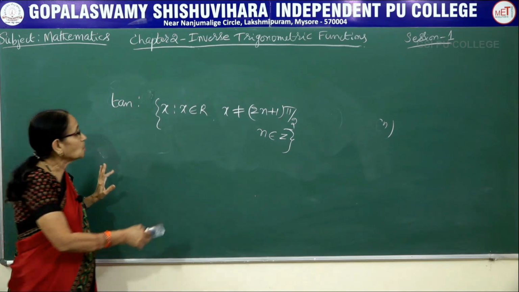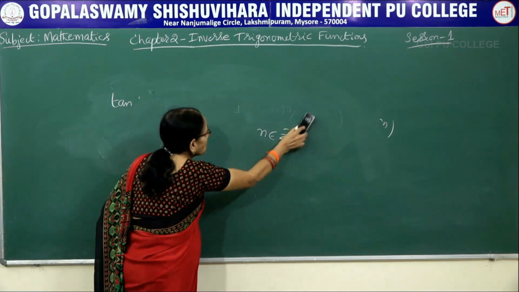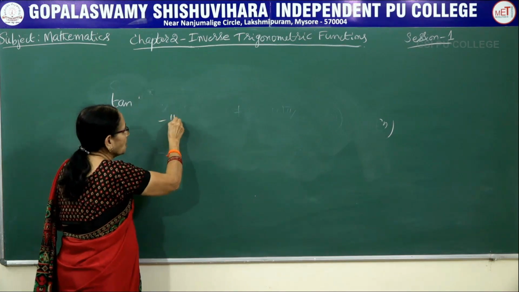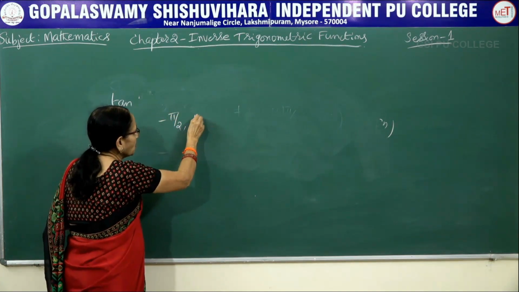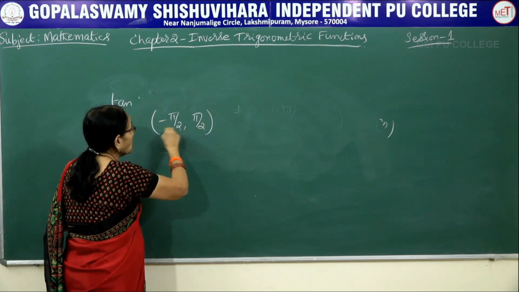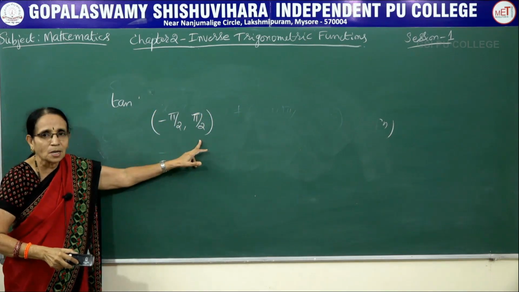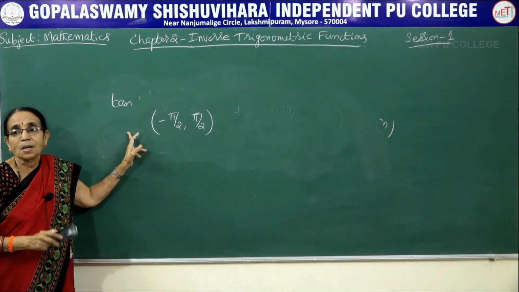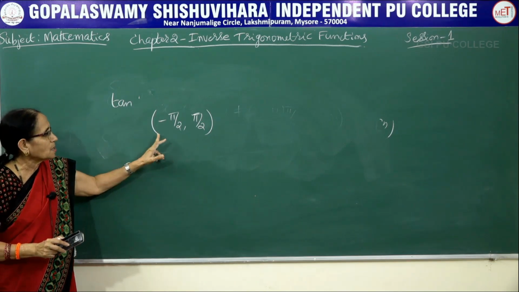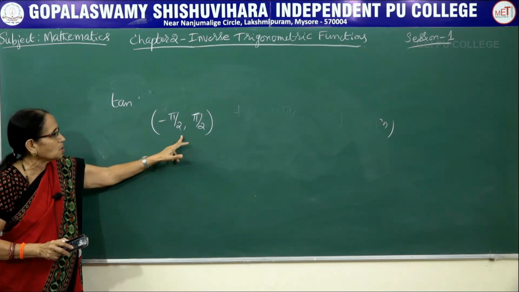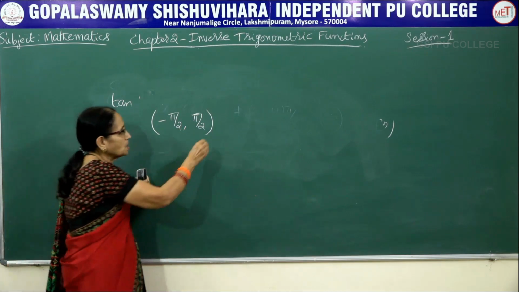So here, let me take the open interval minus pi by 2 to plus pi by 2, because we cannot take the closed interval in this case. Closed interval means these two values will be included where the function is not defined. Therefore, we can take the open interval minus pi by 2 comma pi by 2,